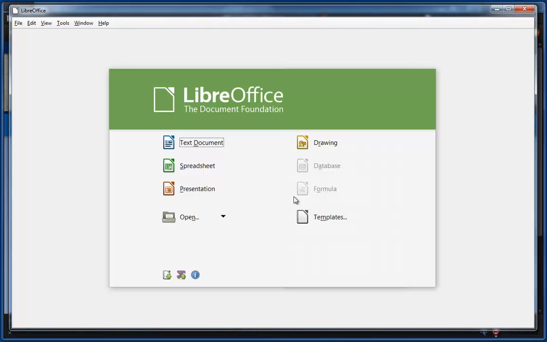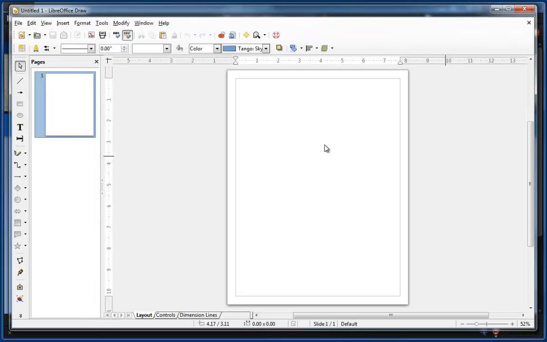LibreOffice has, first of all, advantages: free, cross-platform, and it has a few features that will surprise you. Part of it is drawing. It's got a drawing app included with it. And by the way, LibreOffice, if you haven't heard of it, is like OpenOffice. It's a fork of it, so it's slightly different. But it's an open source program, similar to the Microsoft suite of apps like Word, Excel, PowerPoint. LibreOffice has Writer, Calc, Draw, Presentation,